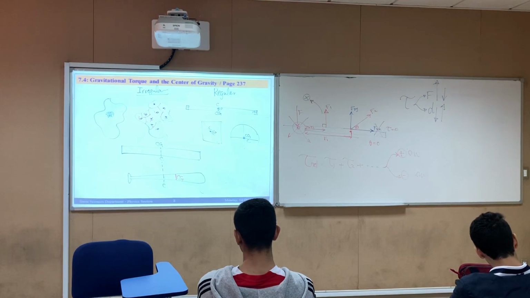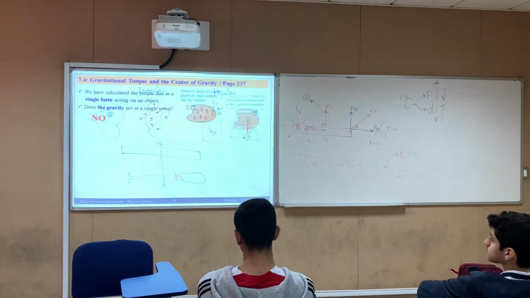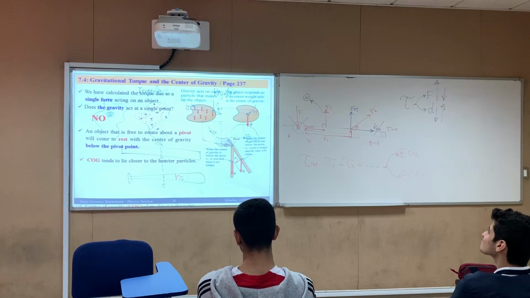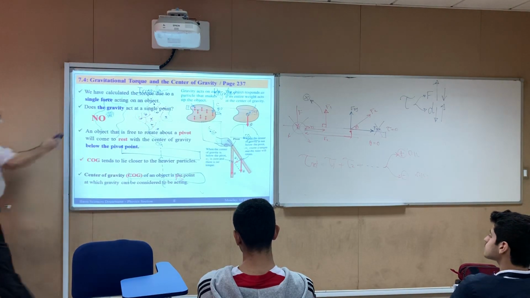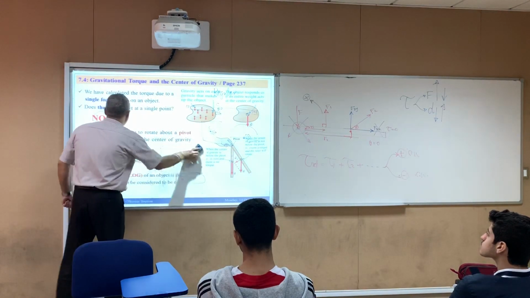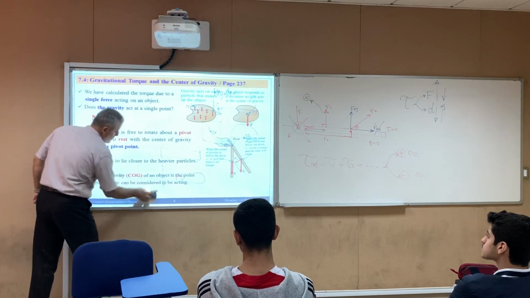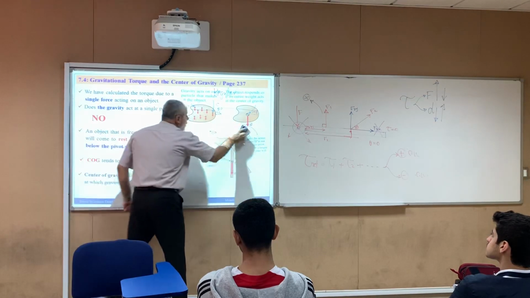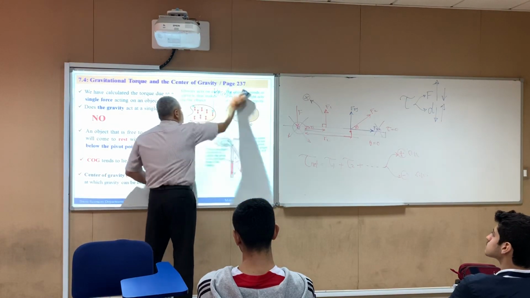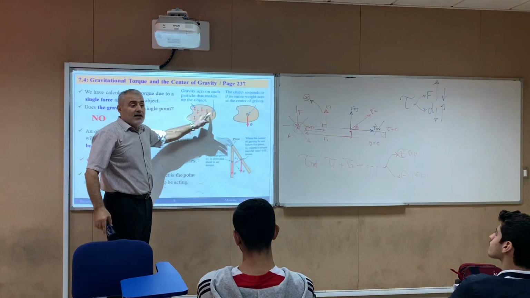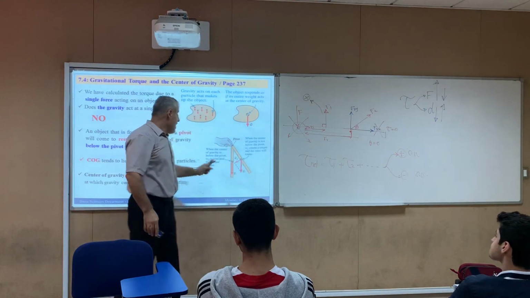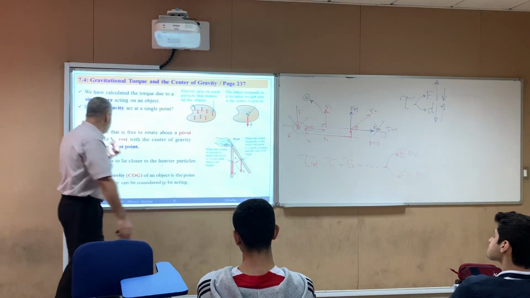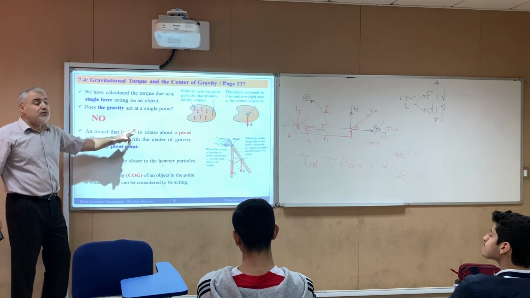Of course, we need only to apply this on the human body. Now, let's talk about this. We have, gentlemen, here an irregularly shaped object, right? We take the part segments and then we sum them up in one point. Okay? Now, the second point also, I need to tell you: an object that is free to rotate